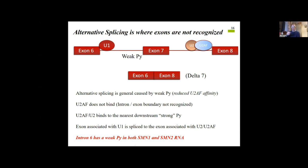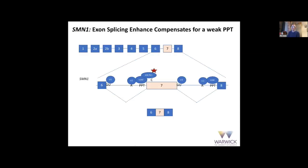So if we look at the polypyrimidine tracts that come just before exon 7, within intron 7, in the SMN RNAs, what we find is both SMN1 and SMN2 contain an incredibly weak polypyrimidine tract, which means ideally both of them could be alternatively spliced. Next slide, please. But what actually happens, the reason why SMN1 is correctly spliced and SMN2 is not correctly spliced,